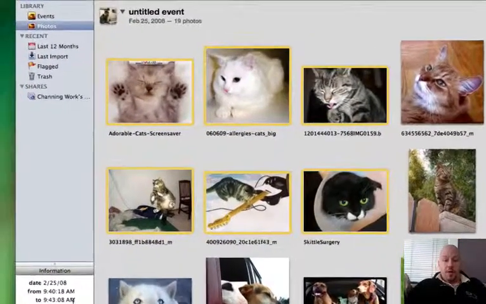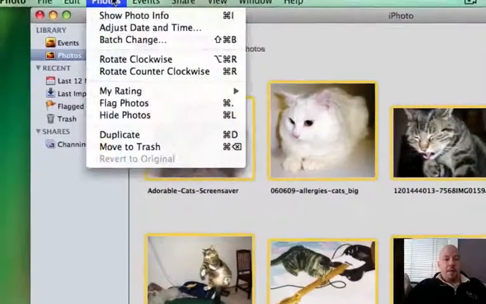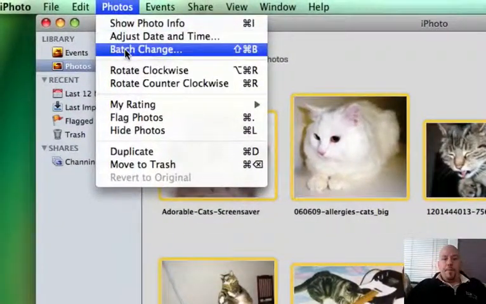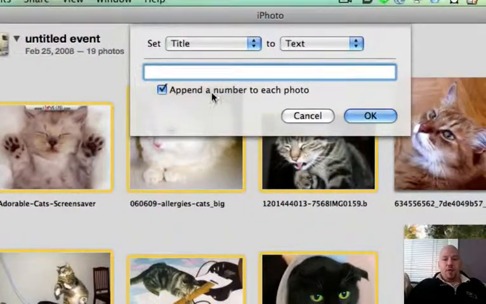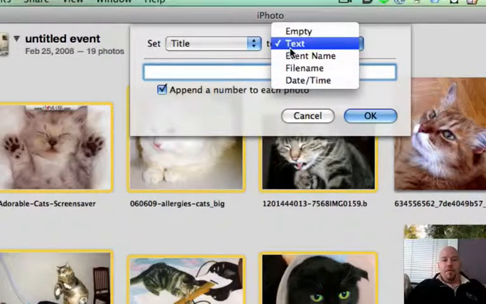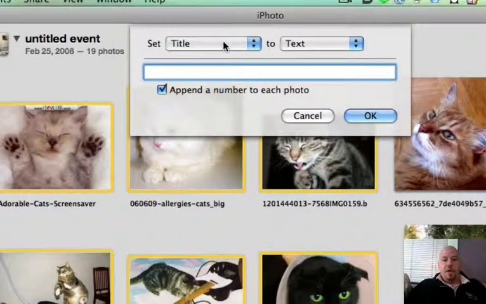So what we're going to do is we're going to go under the Photos menu at the top, and we're going to go down to Batch Change. Click that. And then in the Batch Change window, and it'll be a little different on different computers, but basically the same thing, we're going to set the title. Now in the case of the new iPhoto, it lets you do a couple other things, and we're not going to cover those right now, but just be aware that that might be showing up in yours, but you don't need to change it. So it's set title, and then in the box down here, we're going to say to